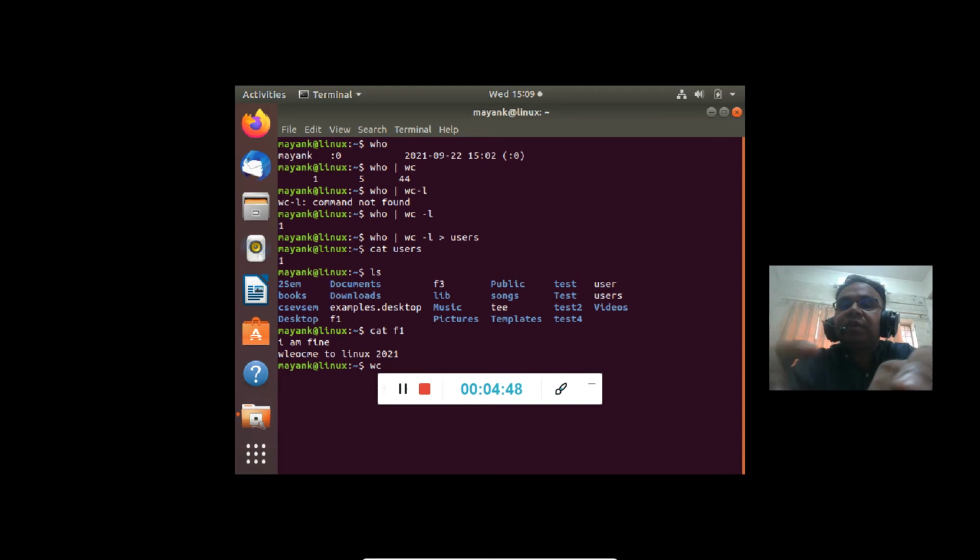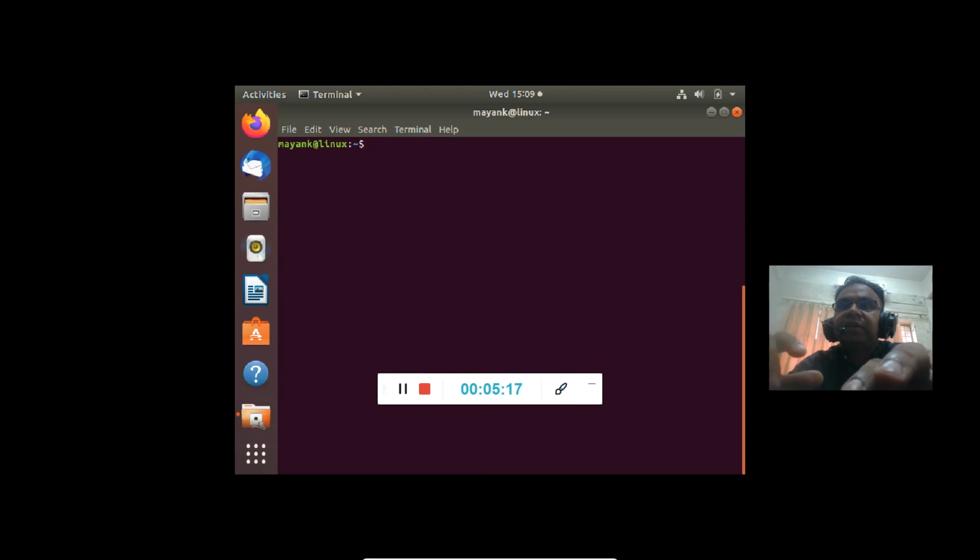If I write wc f1, it will give you 2 lines and 7 words: I am fine 3, welcome to Linux 2021, 7 words with 32 characters, and the name of the file is f1. So this is how we can use the wc command to know what is there in a file. Let's clear this and see more commands.